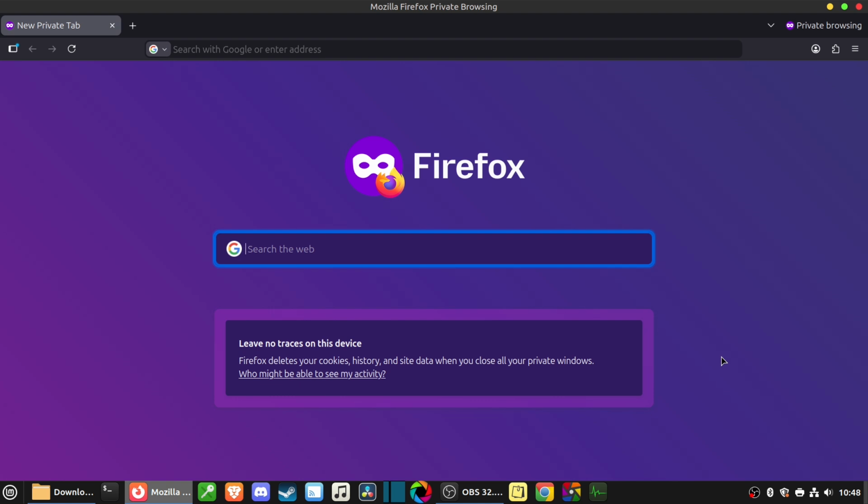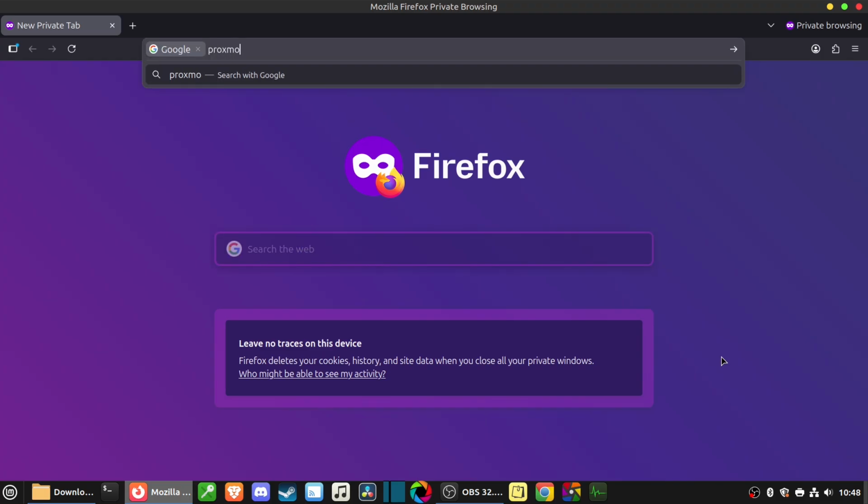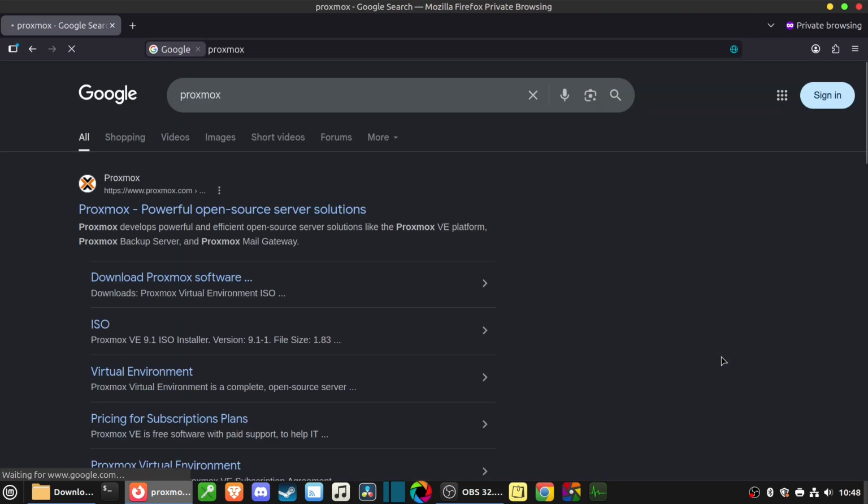Hello, today I'm going to install the Proxmox virtual environment onto my server. So the first thing I'll need to do is get an ISO image. So I'll go to the website,